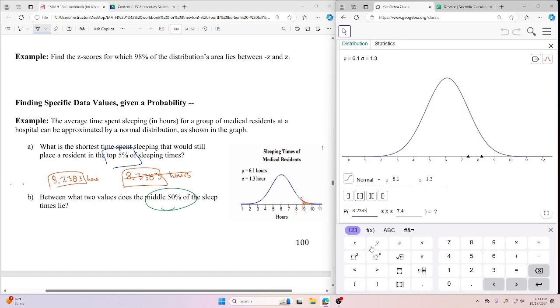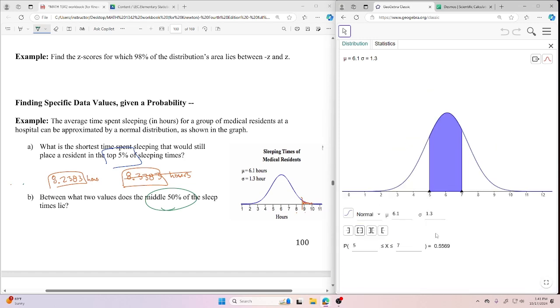I mean, just as a quick thing, what if I went from 5 to 7, right? So that's around 50. But I want the middle 50. I want it exactly symmetric. It's not working. What do I do,